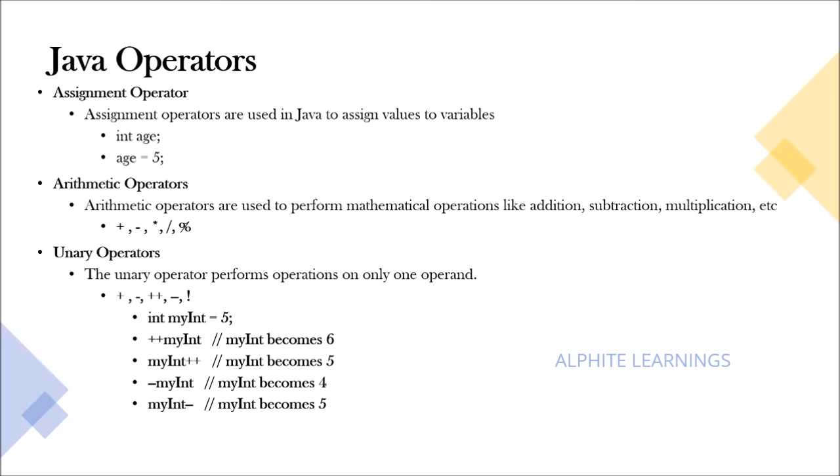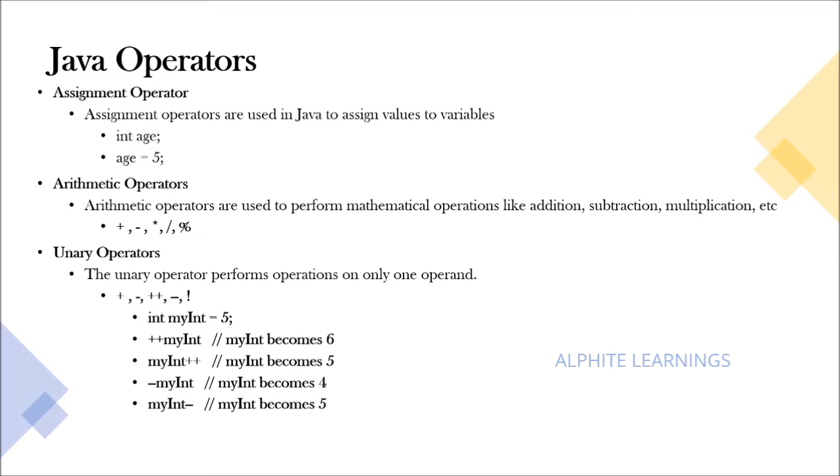So next are the arithmetic operators. The normal arithmetic operators: plus, minus, multiplication, that is the asterisk symbol, division and modulus. They do the same operations as in your day to day mathematics. Addition will add two numbers. Minus will subtract two numbers. Multiplication will multiply the two numbers. In division you will get the quotient, and when you use modulus, you will get the remainder. That is the difference between the division and the modulus, the percentage symbol.